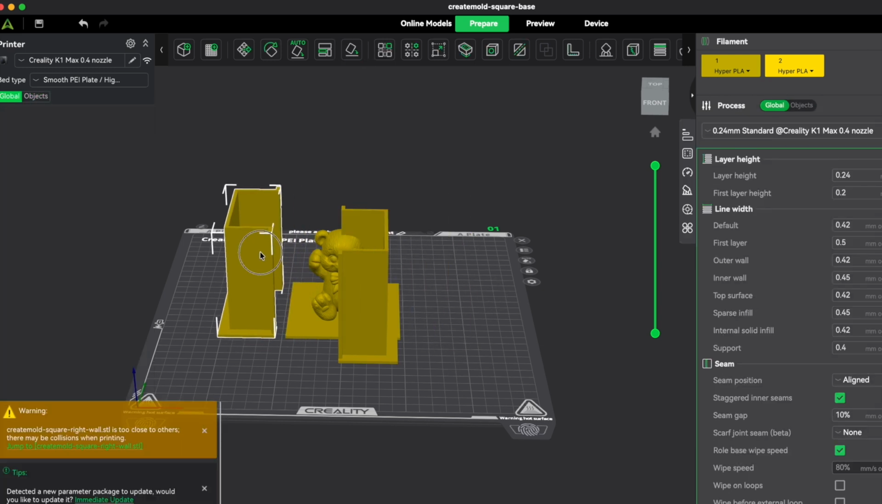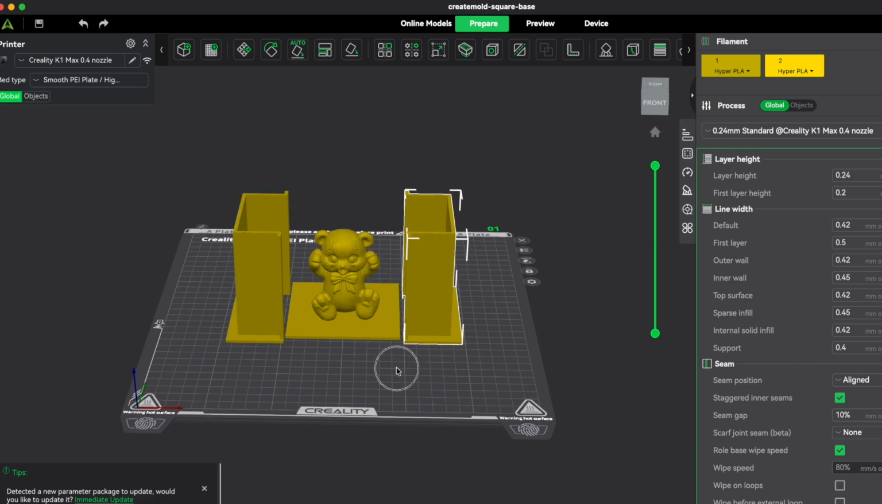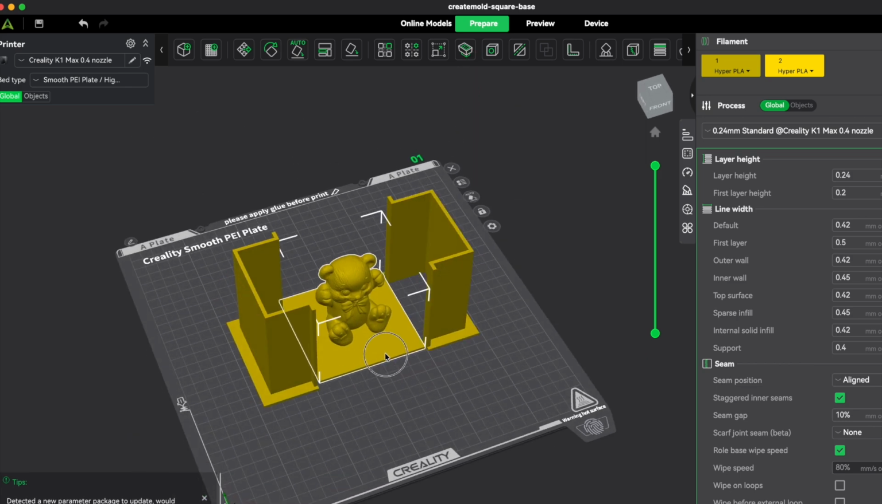And that's how easy it is to create a custom Mold Box STL package with